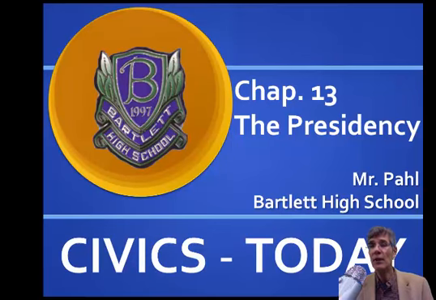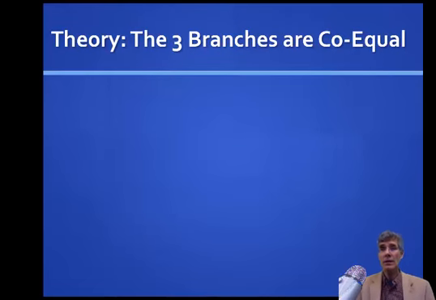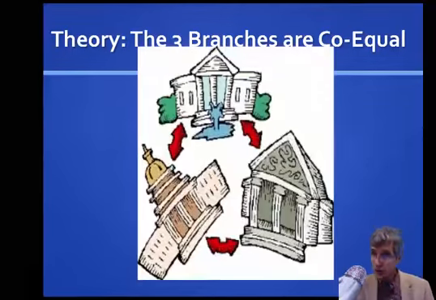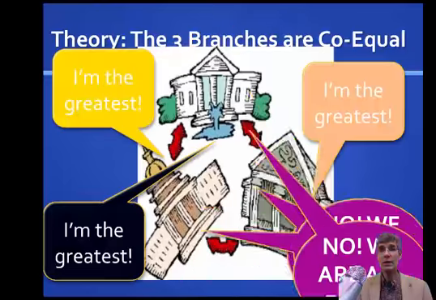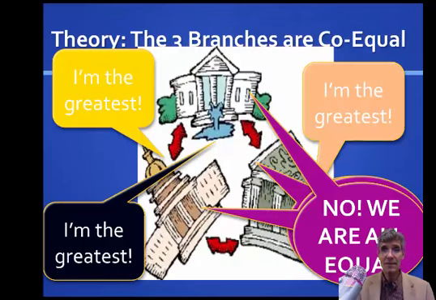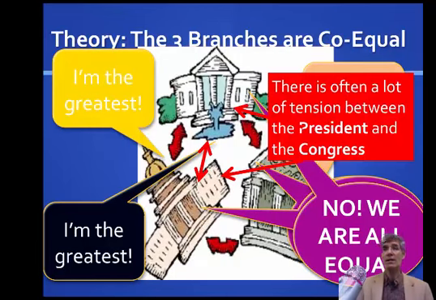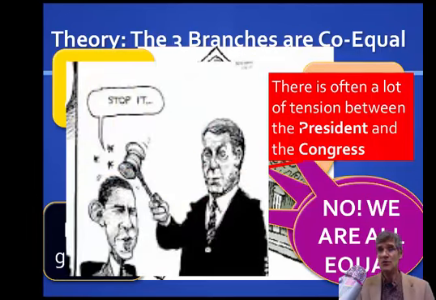Okay, we're looking at the American Presidency from Chapter 13 of our text. In theory, the three branches of our government, the executive branch, the legislative branch, and the judicial branch, are co-equal. But in practice, they all say, I'm the greatest. So there's tension. There's often a lot of tension between the president and the Congress, as these two political cartoons